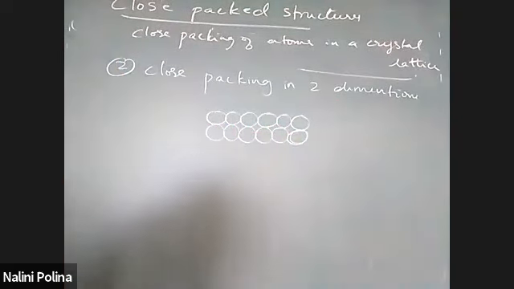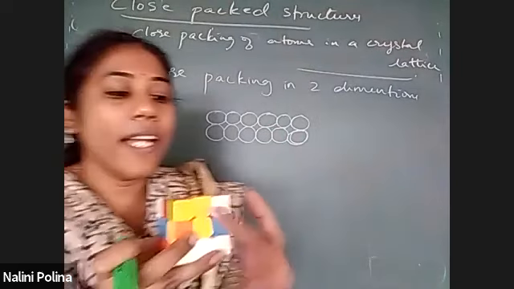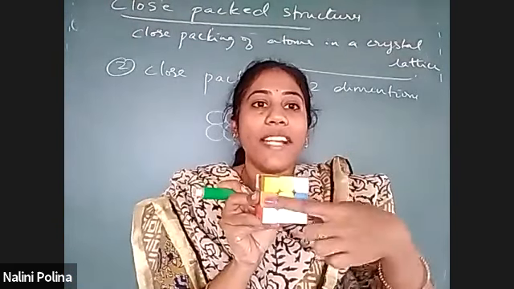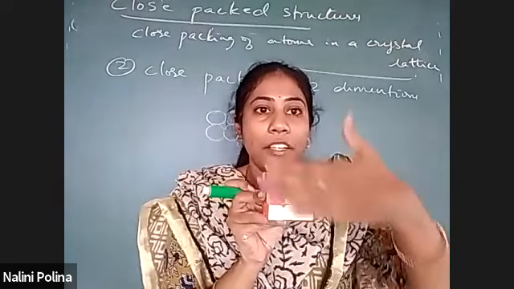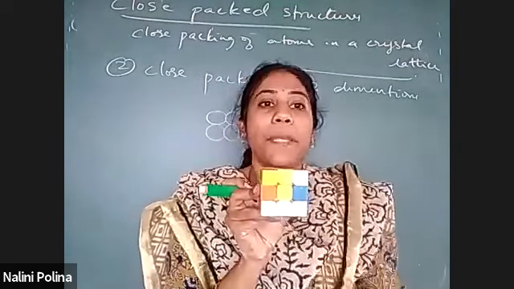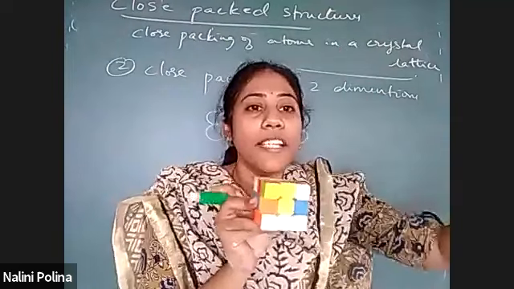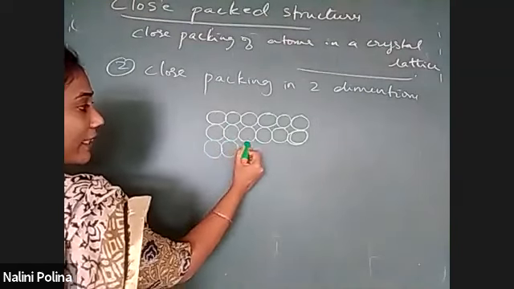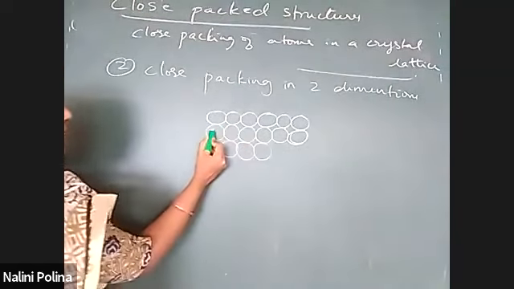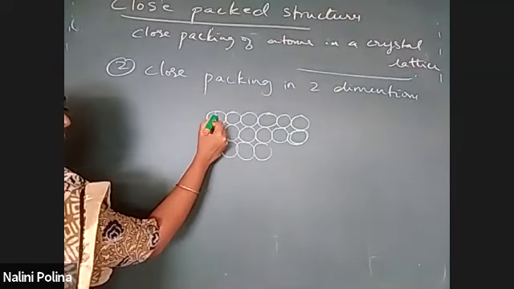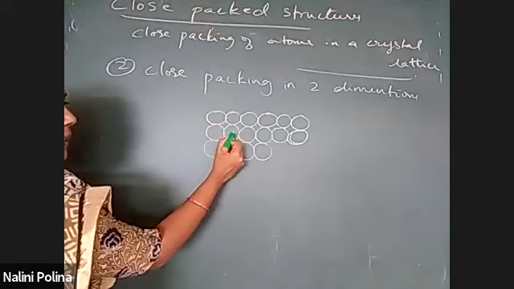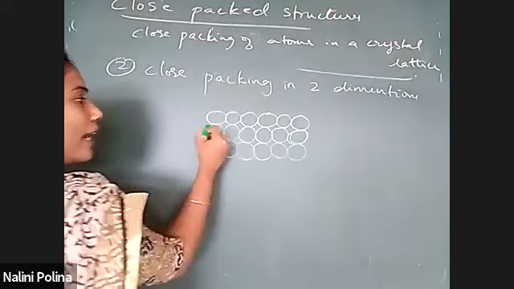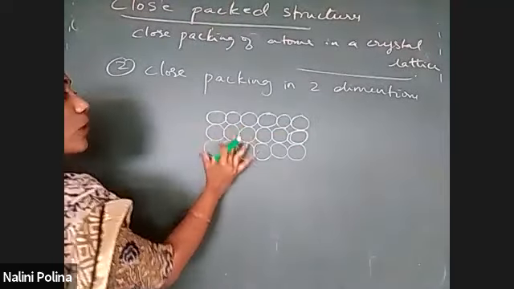See, first we arranged three units like this. This is one dimension. Below this I have added another row. Below this the third row is coming. So you only observe this much. This is what we mean by 2 dimensions. One row, below it another, and below that we keep adding rows like this. And you should observe how I am putting the rows. See, the atom of this row is coming exactly below the atom of the first row. Again, this atom is coming below the atom of the first row. Exactly below I am placing the atoms, right? So this is one possible arrangement.